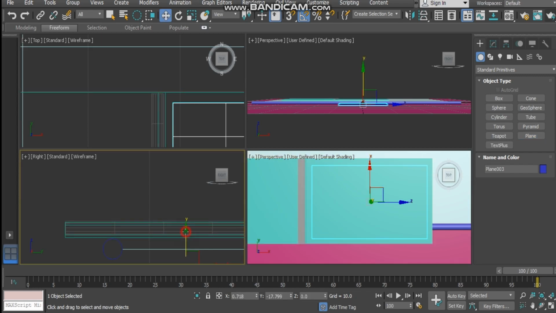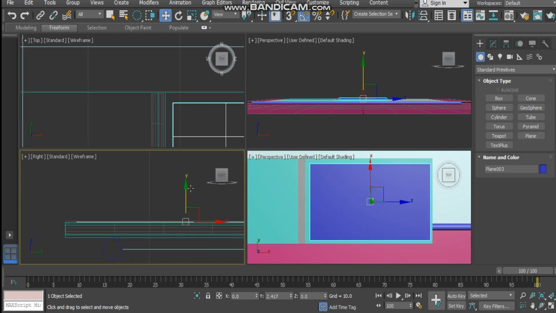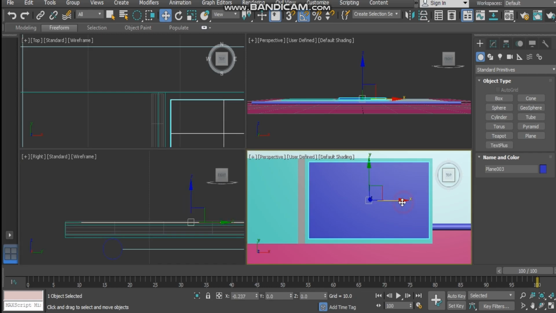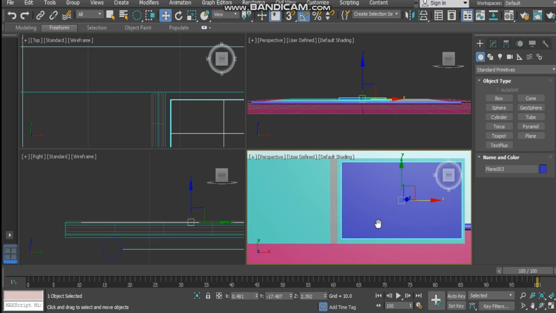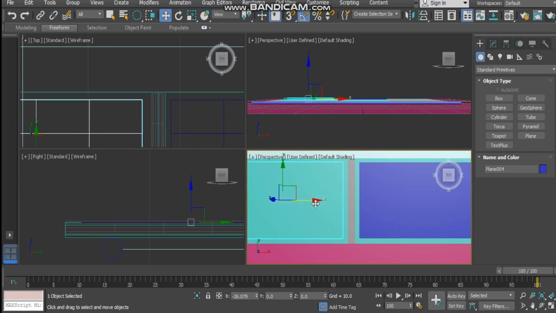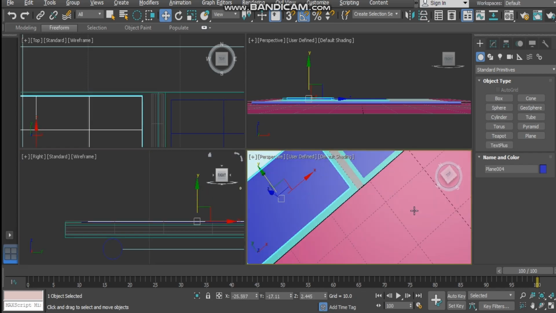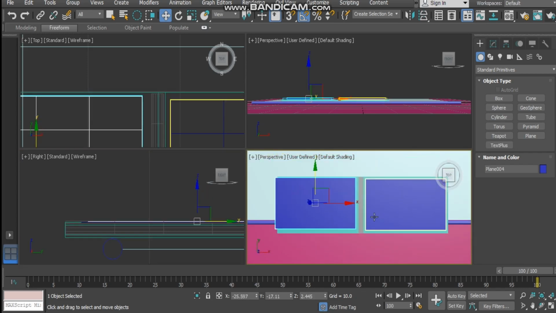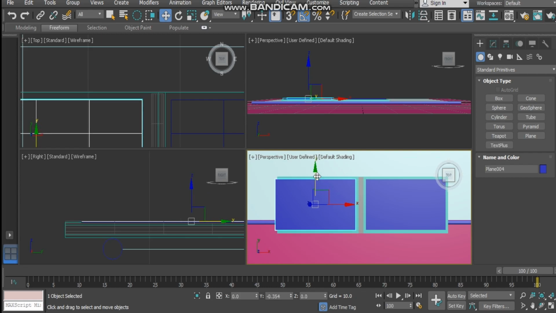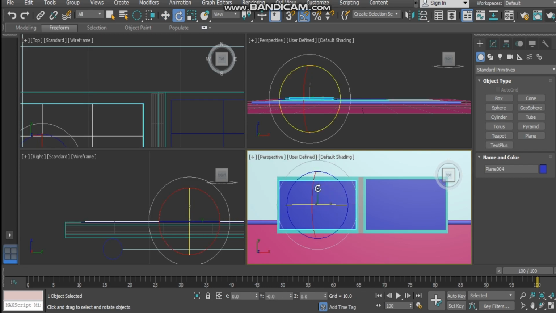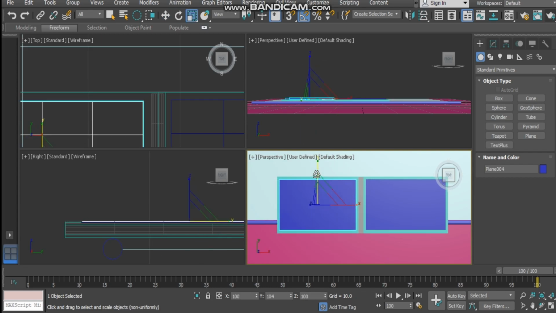Hit W and push it up until it's on top of the book, and just adjust the position, and hit shift and move it across. Okay, push it up as well. Okay, and then we can just adjust this. Okay, so just adjust the scale,